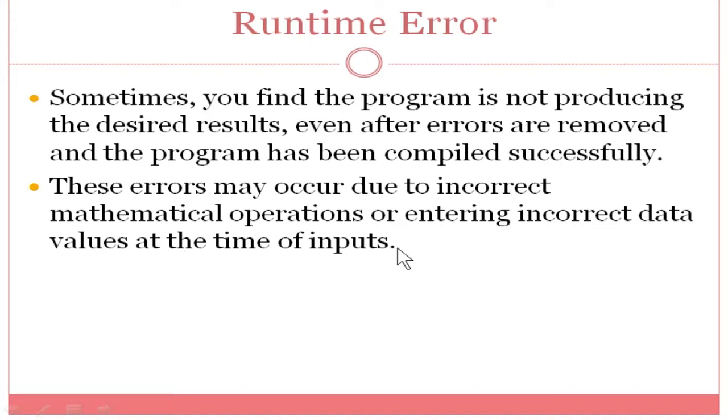While entering input, for example, you would have asked the user to enter an integer, but by mistake the user enters a string. Then the program stops because the input required is an integer, but the user entered a string. So the compiler will have a confusion, and it stops the program. Same way, when you do some mathematical operation, for example, dividing any number by 0, there is a problem. Divide by 0, you won't get the desired result, it will be an infinite value. So an error occurs.